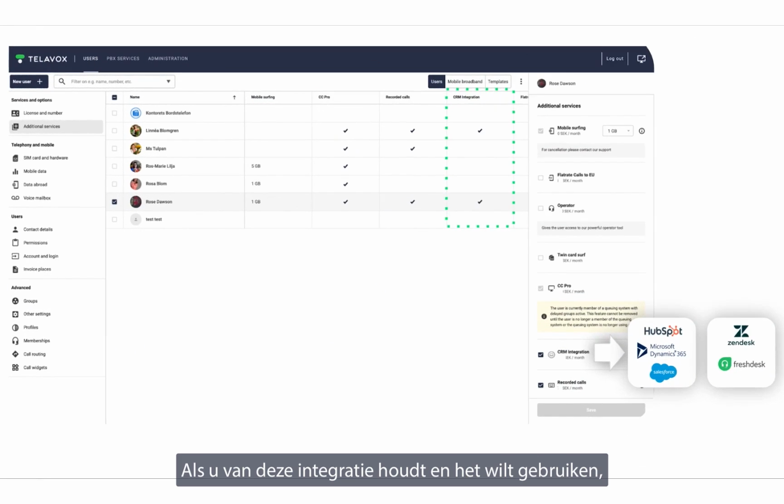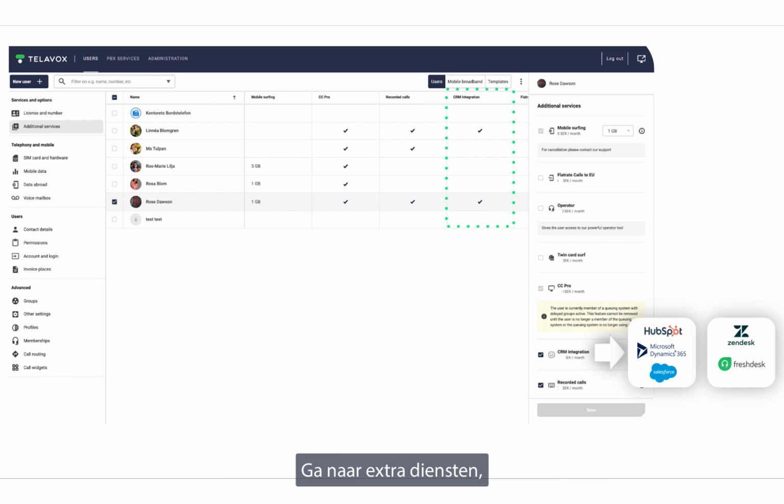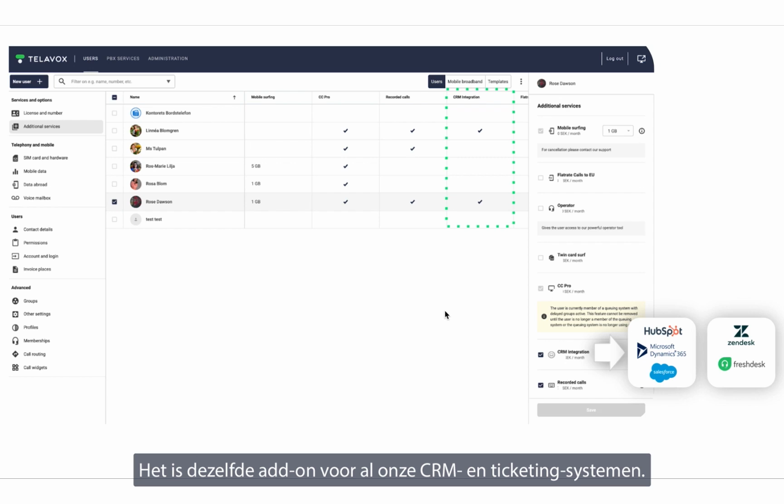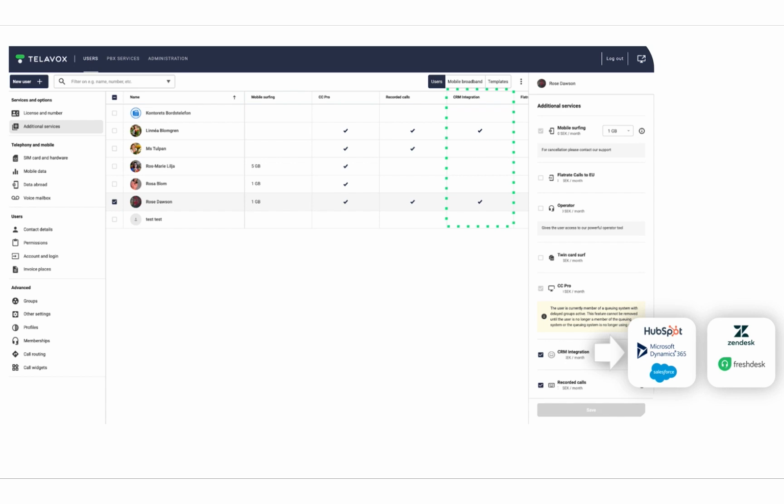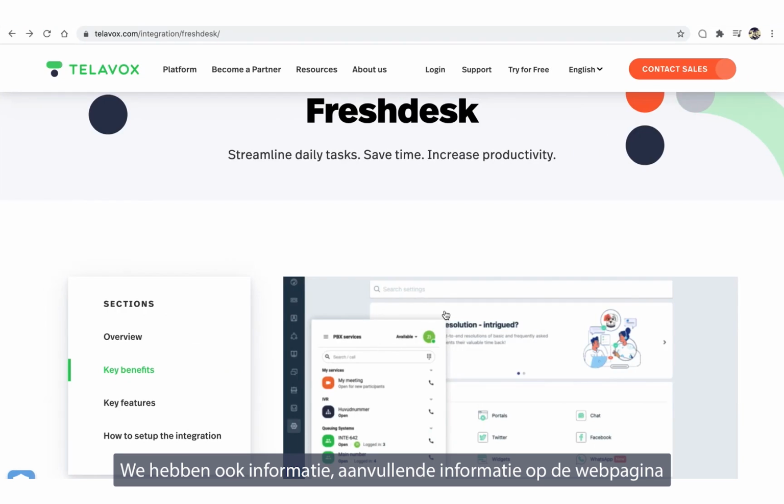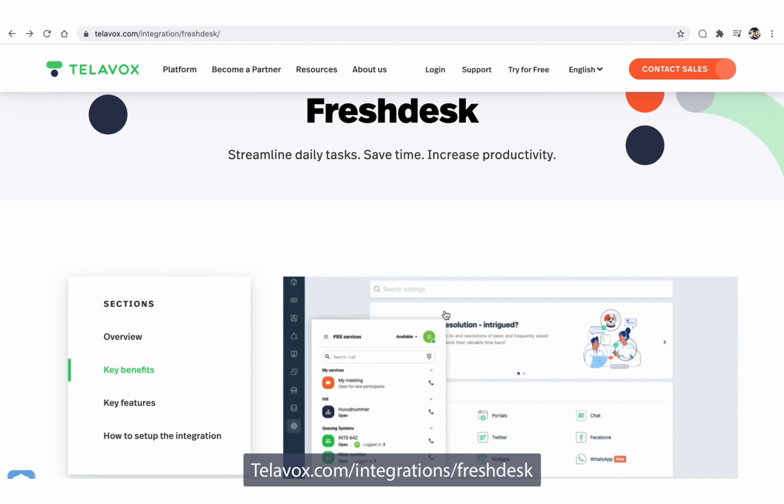If you like this integration and want to use it, you need the add-on called CRM integration. You'll find that in the Telavox admin portal. Go to additional services, as you can see it right here, and then add the CRM integration add-on. It's the same add-on for all our CRM and ticketing systems. We also have additional information on the webpage